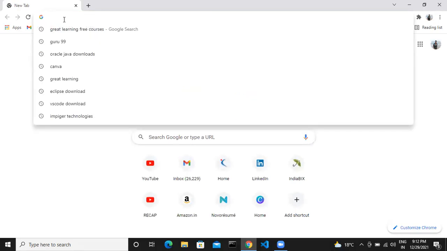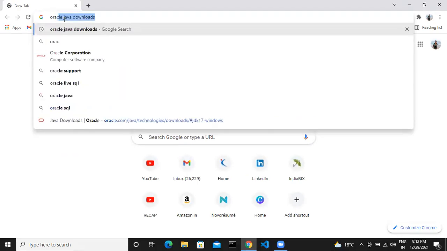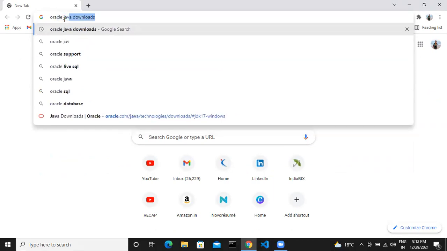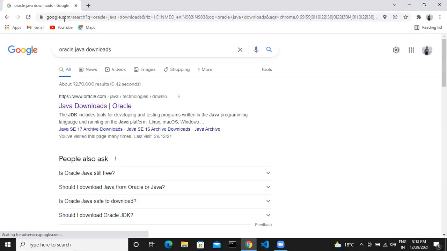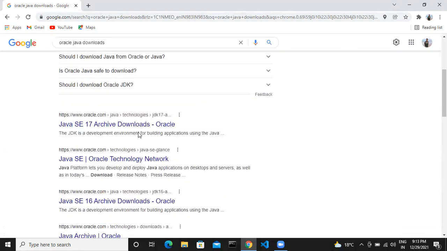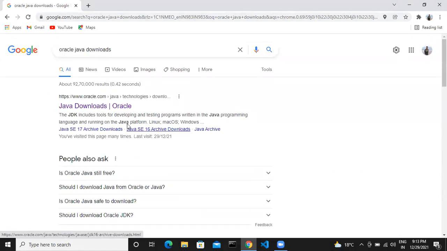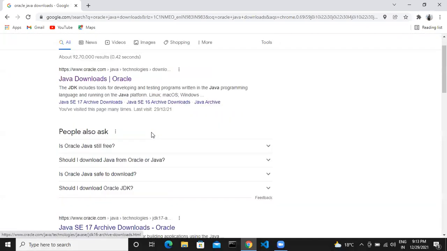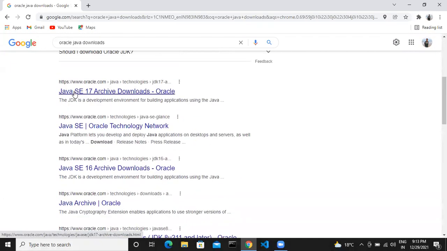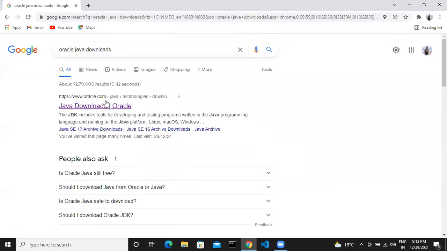First of all, open Oracle Java downloads. From this website you have to open the proper link. Don't click on other links.